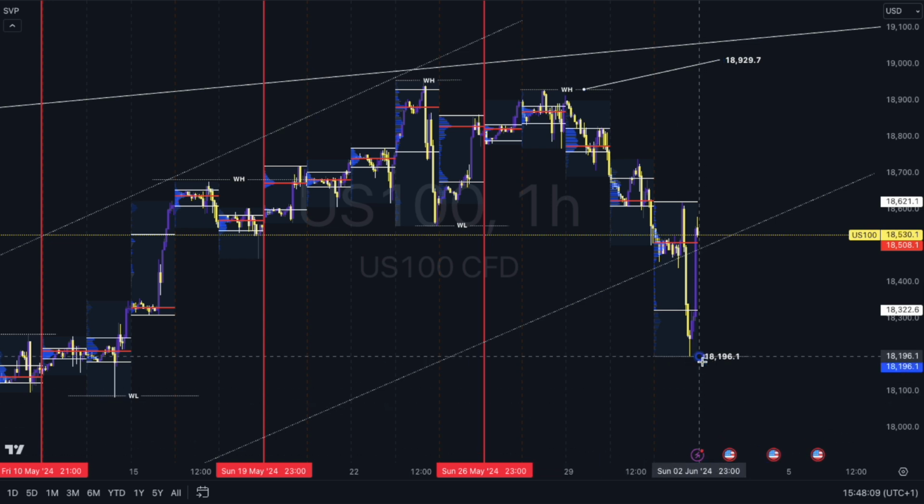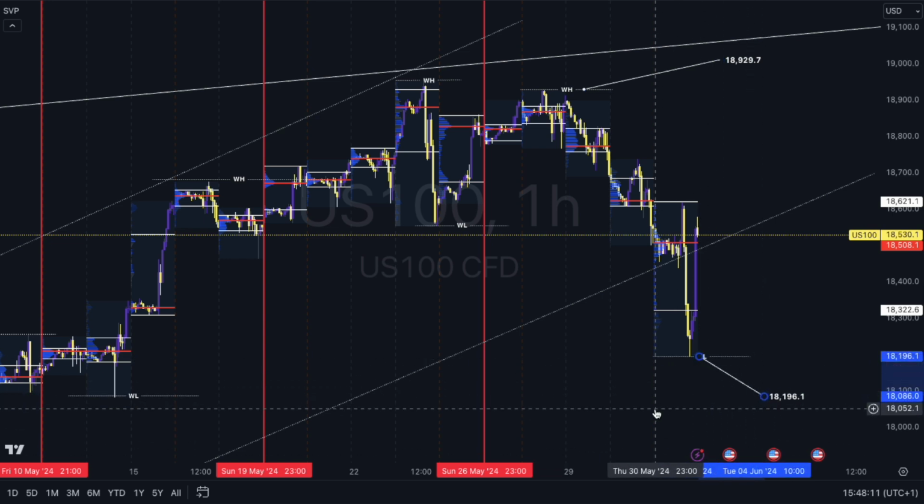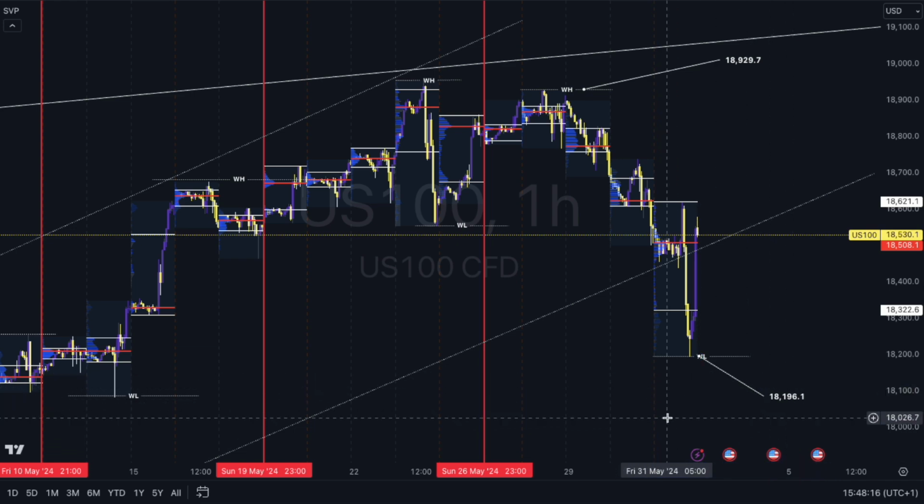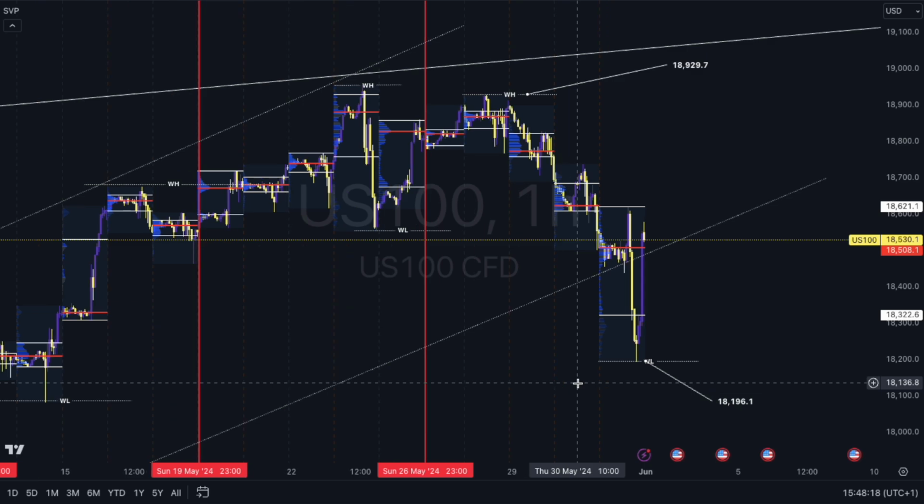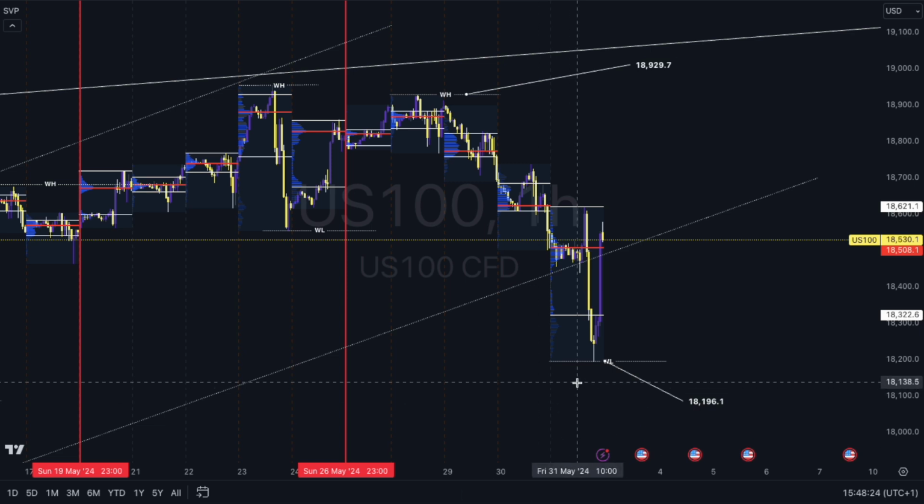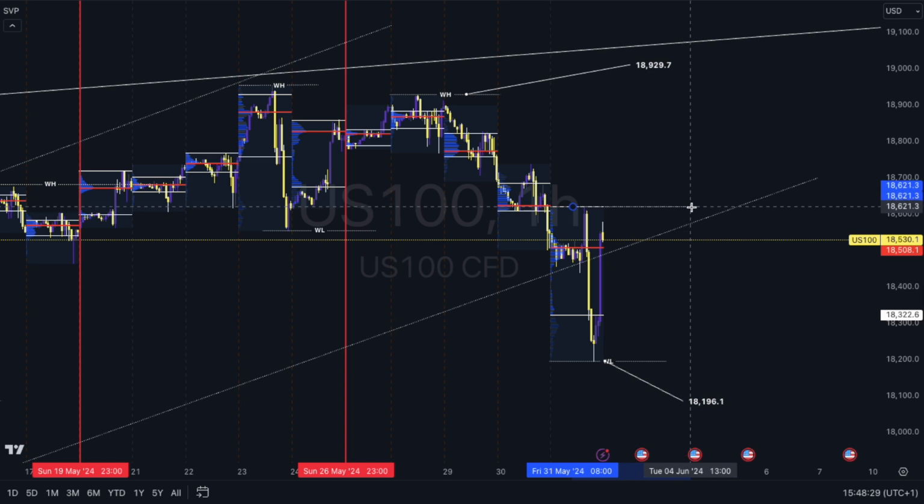And if price closes below 18196.1, we're looking for sales. In between that, at the beginning of next week, let's just say Monday the 3rd, if we see a move kind of like this, where price closes above the high of the Friday,